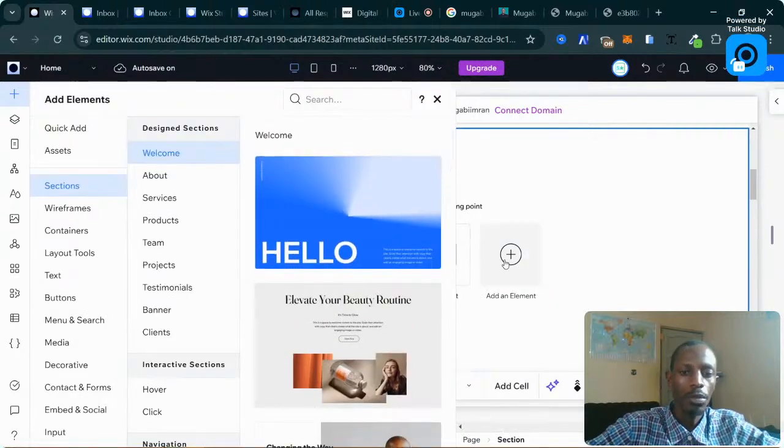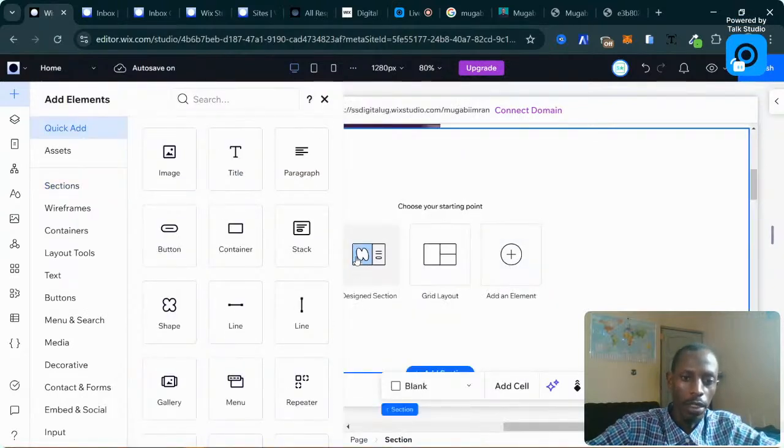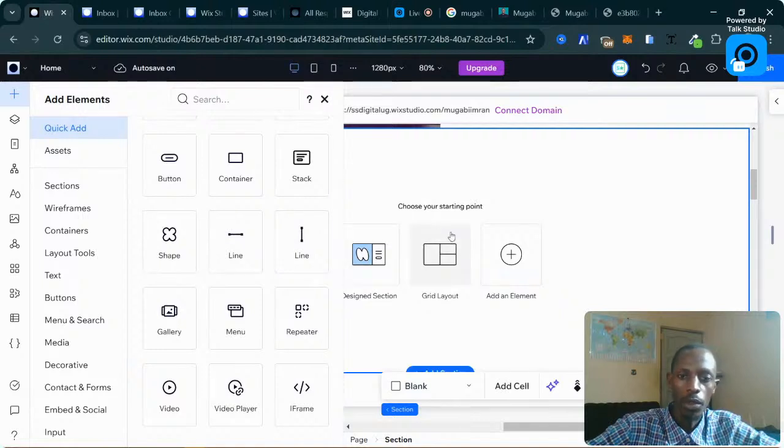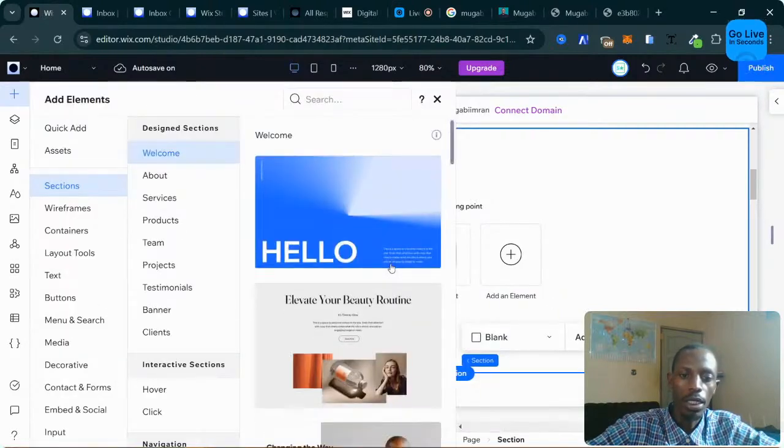Okay, because if you click on add element, it's like you want to add your own element, maybe a stack of text, maybe a gallery. But what you want to do is add a section. So you just click on designed element or designed section. So designed sections,